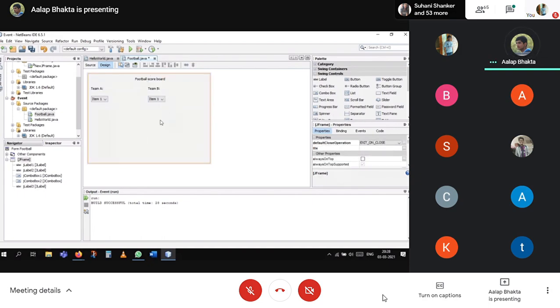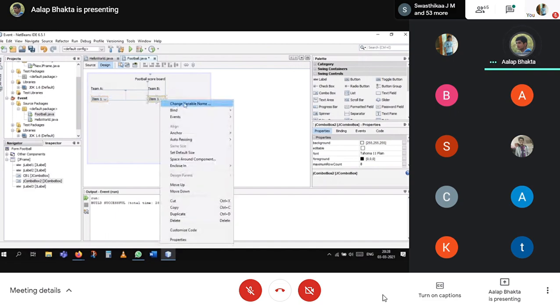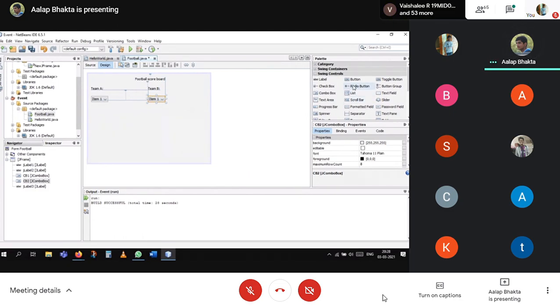I'll just change the variable names of the combo boxes for easy coding. It will be easy for you to remember while coding.